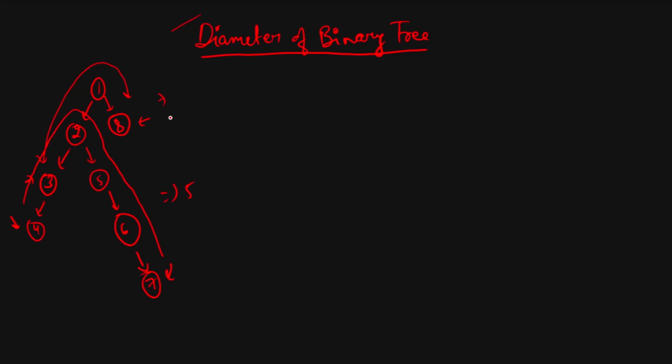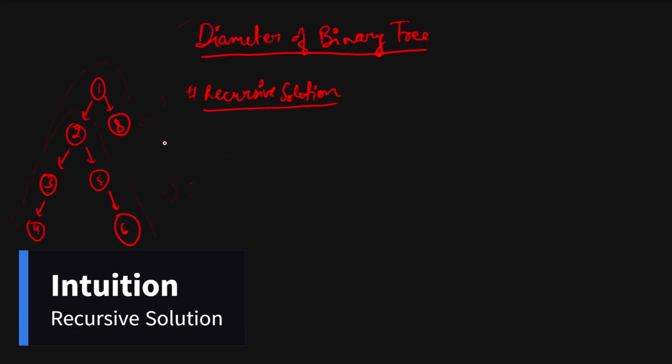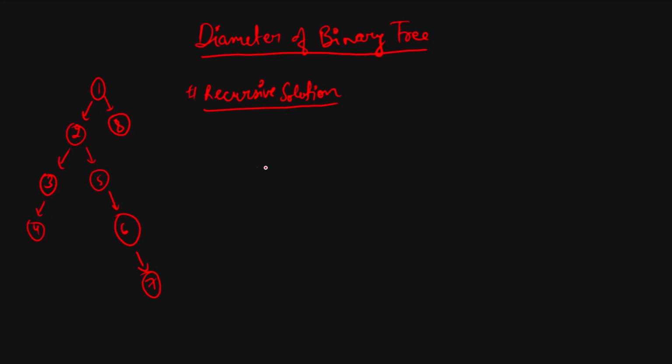Now let's understand how we can solve this. Before moving to the solution, I would recommend you first watch the balanced binary tree problem. In that I have explained in detail how to find the height of a binary tree. Once you know how to find the height of a binary tree, then this problem is a cakewalk for you. What we have to do is find the maximum of height of left subtree plus height of right subtree. Once we find left and right for every node, we will get our answer.